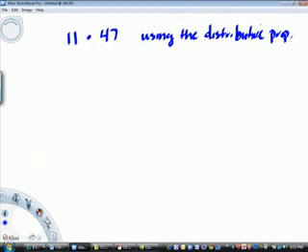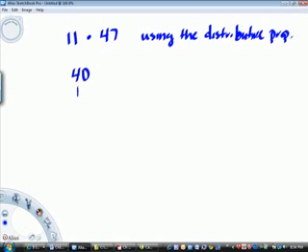What it's trying to get you to do, and we've gone over this in class, is to break up the second number into two numbers. There's multiple ways to do it, but there's only one correct answer on the test. I could break up this 47 into 20 and 27, but for simplicity's sake, they're trying to get you to break it up so that you could multiply this in your head quickly. So if I was to multiply 11 times 40,